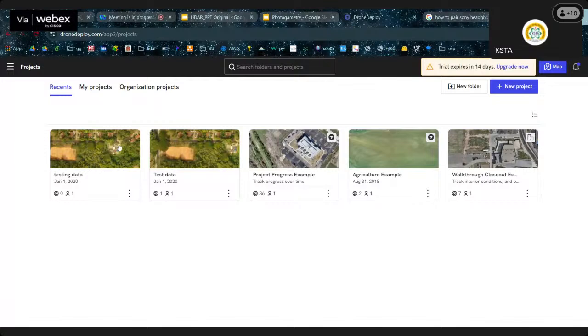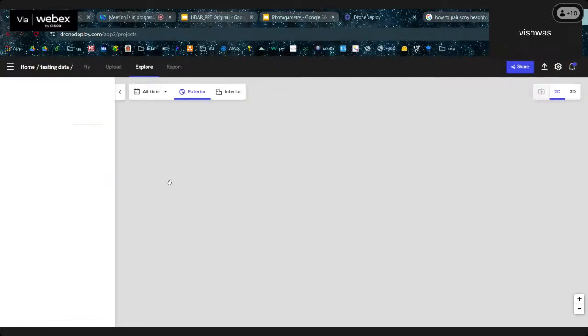So in the previous session we put images for processing. We just uploaded, and the rest of the things will be done by the software. These are the same data. I have put it twice just to test it. So we can click on the data. When you create new projects, new data you upload, they'll be created like this. You can keep on adding based on your requirements. And when we click on it,